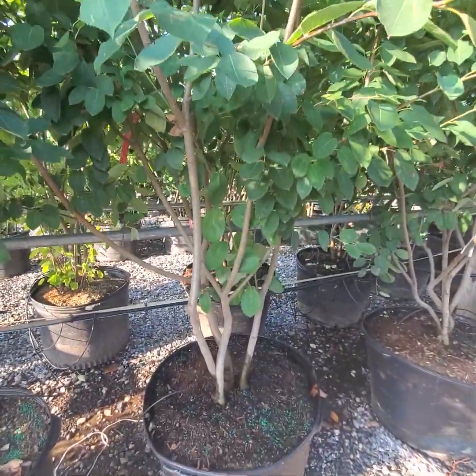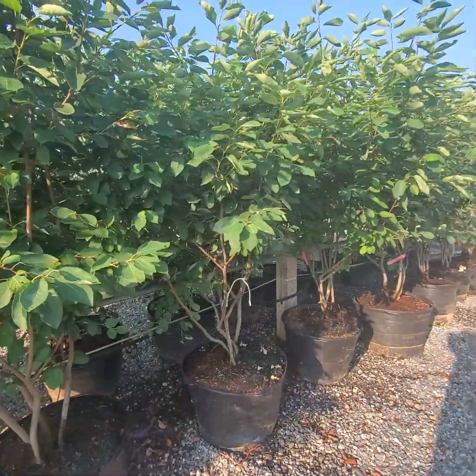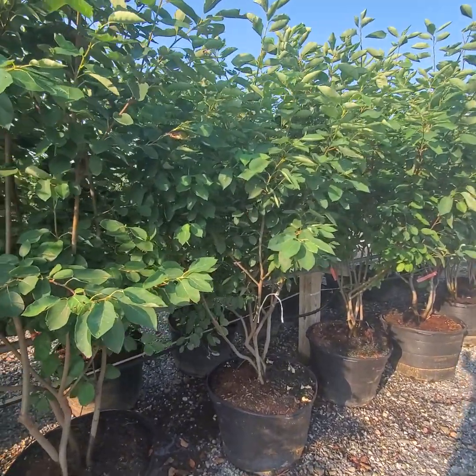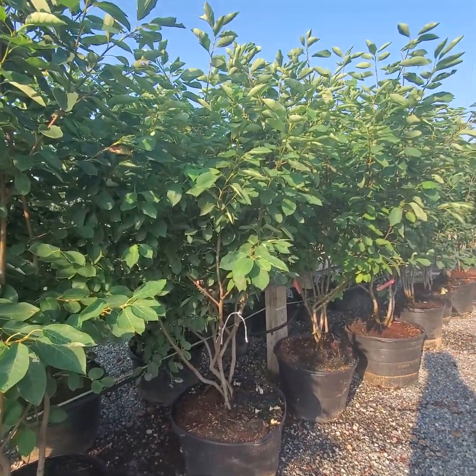The other thing is this variety is called Autumn Brilliance for a reason. It gets crazy good fall color. All these leaves are going to turn a brilliant red, orange color show in the fall for you, versus a crepe myrtle really only kind of gives you a yellow, maybe some orange colors, and then they drop. Some varieties will be just kind of a deep red, but this Amelanchier is going to have all those colors